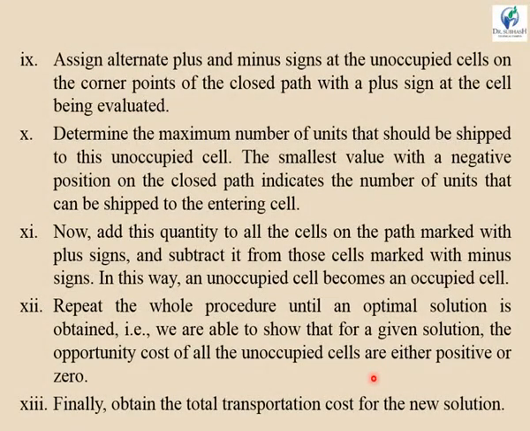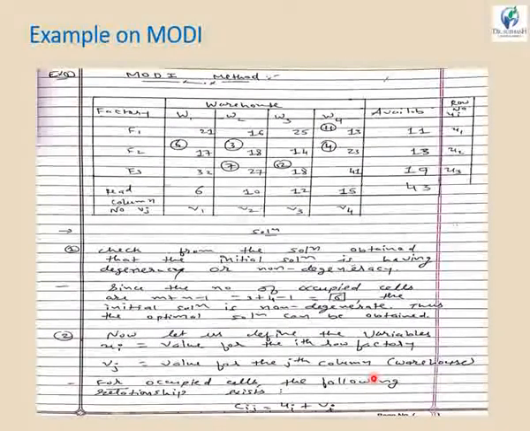So now let us take one example for your better understanding. Friends, this is the data that is given to you. This table is given to you, then using the VAM method, for saving time, I have already allocated the values directly, so our time is not wasted. Only these values will be given to you.